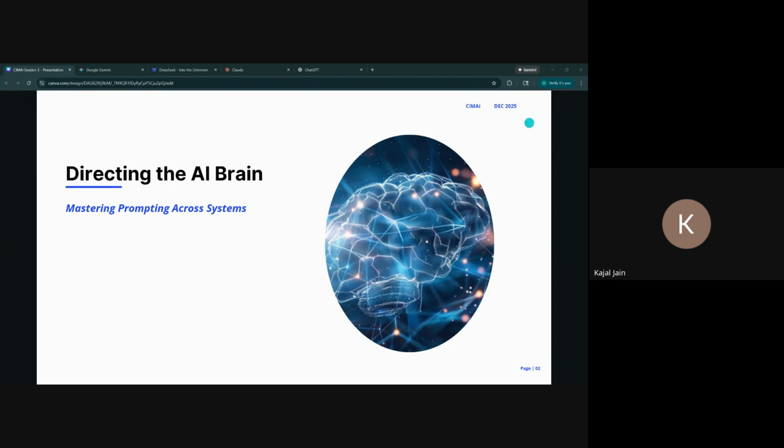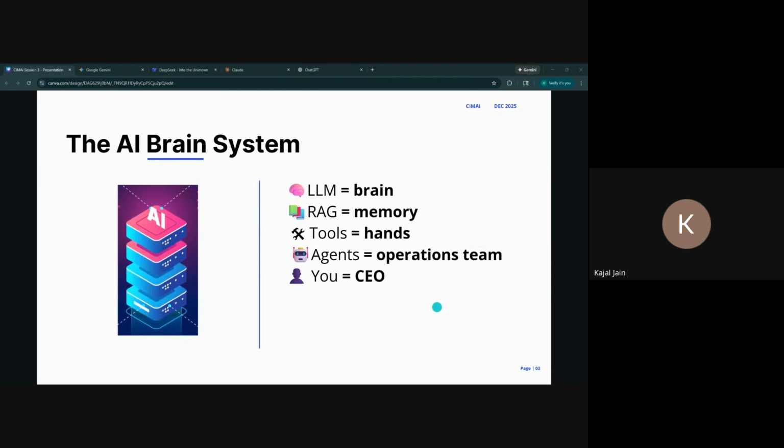Before we get started on prompting, I also want to walk us through the AI brain and the system. We have the brain, which is typically the LLM. Then we have the memory, which is RAGs. If you recall from last class or last few classes, RAG is documentations, things that you can upload into your LLM. Then we have tools. These are external tools that your LLM, your workflows, your agents have access to.